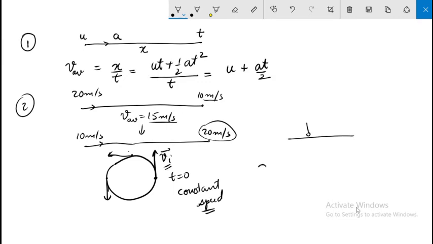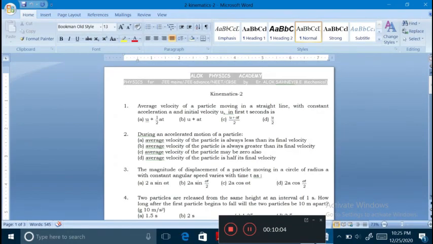So in this interval, the average acceleration, which is defined as total change in velocity upon total time taken, and what is the change in velocity, final velocity minus initial velocity upon time taken. So since final velocity becomes exactly equal to initial velocity after one complete revolution, therefore the change in velocity becomes 0 and hence the acceleration becomes 0. So option C is the correct option,